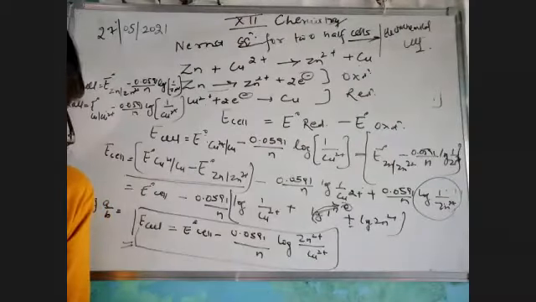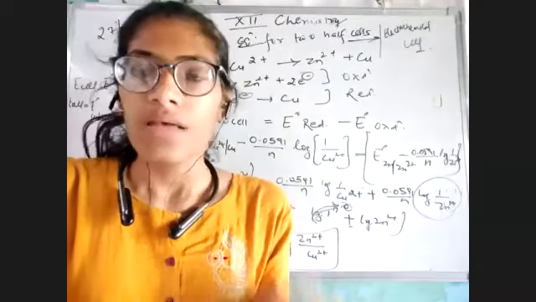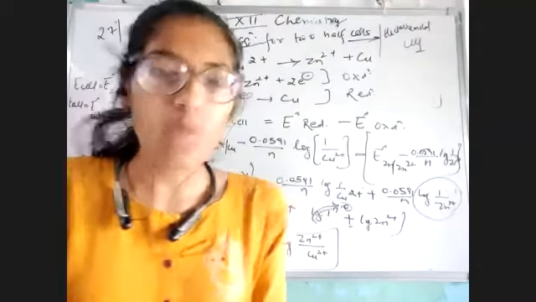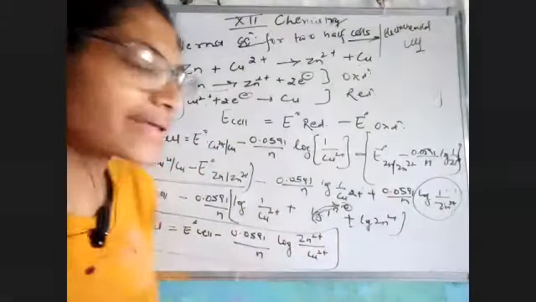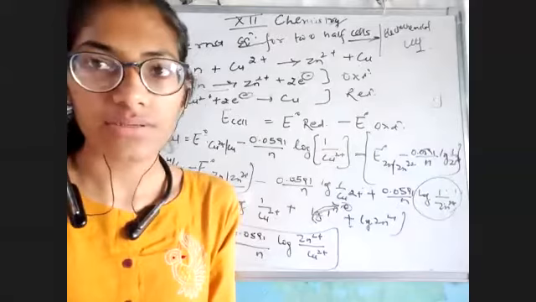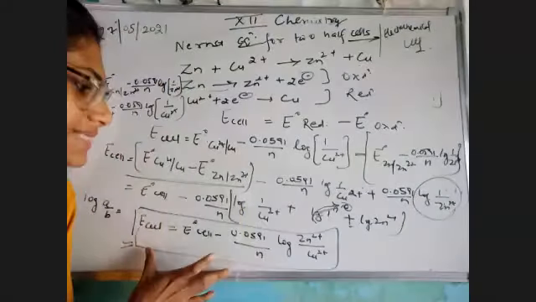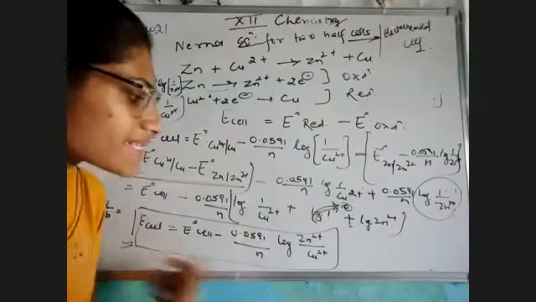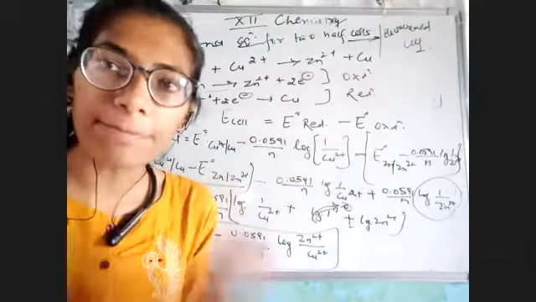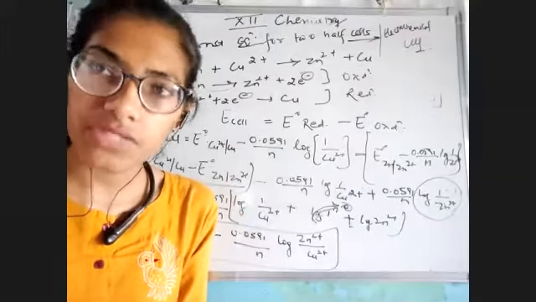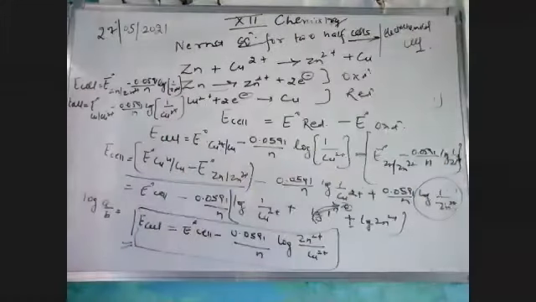Am I clear with this? We have done the topic. We have just shown how to calculate the complete E cell value when we have combined two half cells with each other. Okay, so this is the way we have to calculate the E cell for a Nernst equation. But we have taken just an example. Now, what would we do if we have to write it for a complete equation for any general equation? Let's see. Suppose we have